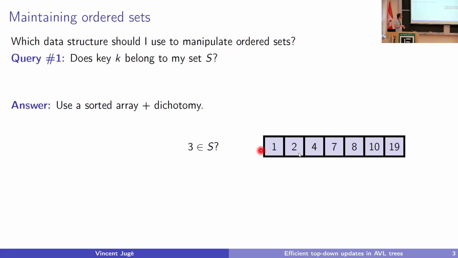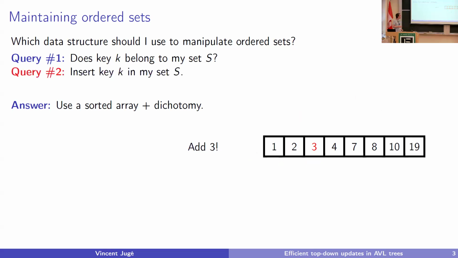So for instance, I have this seven-element array, in the blue-gray area. This is the span of the array which is likely to contain the element 3, if the element 3 is present. So it's just the full array so far. Then I will look at the median value. Here it's 7. 3 is smaller than 7, so definitely I can discard the right part of the array and just focus on the still shaded part, which is on the left. I continue, and oops, the answer was no. Of course, it's not what we did. We just scanned the array sequentially from left to right, and so there was no 3. But if I were a computer, I would have done this.